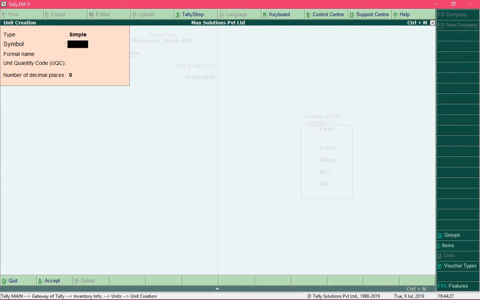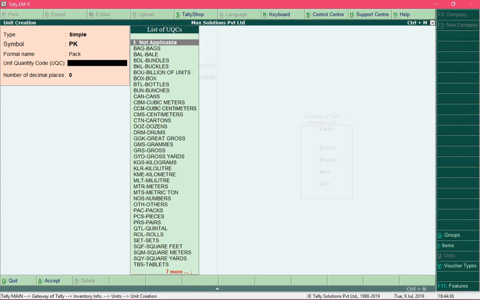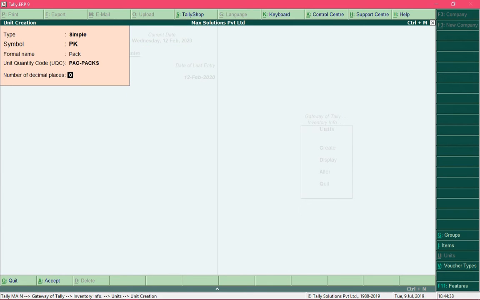And we also need to create a unit called packs. So let me enter the information and save the unit creation. If you remember, we are also selling a pack of 3 ink cartridges. That pack is a combination of 3 pieces of ink cartridges. So can we put it in this way, that we are creating a product from 3 individual products.